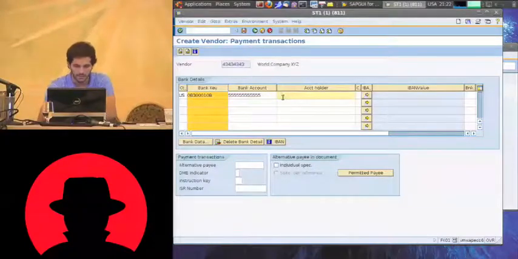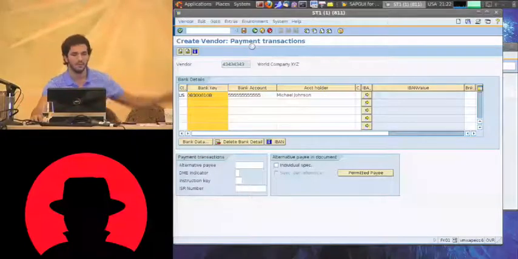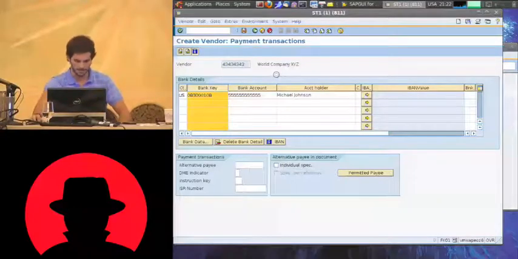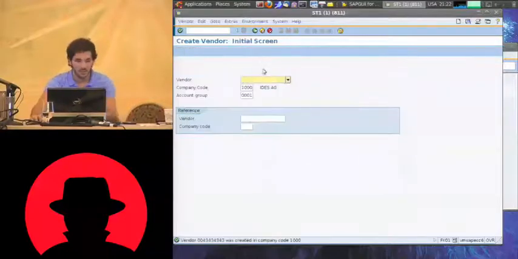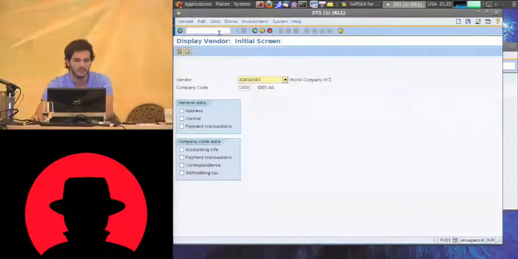And he's Michael Johnson, whatever. So he saves the vendor information. See that there are a lot of fives here in his bank account. It's pretty much what everything poor Sean does every day. So now he goes to see this vendor information. Yes, world company, and hopefully